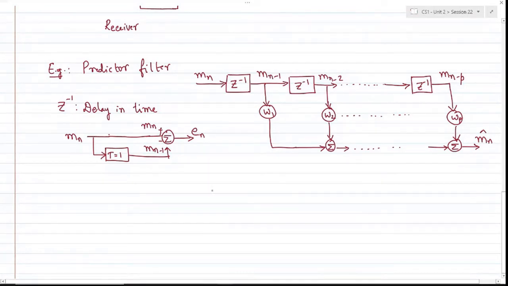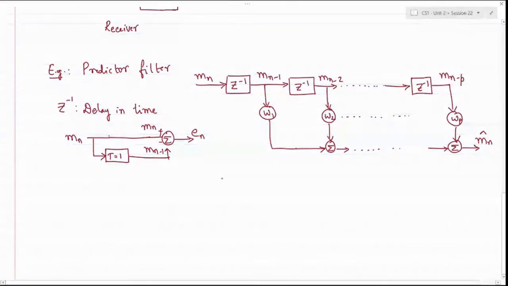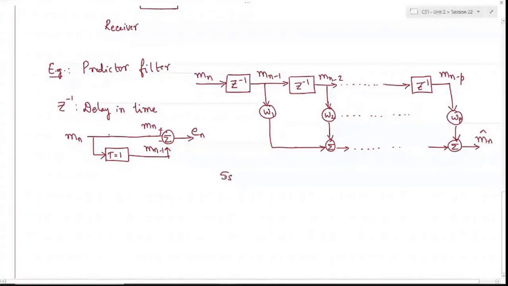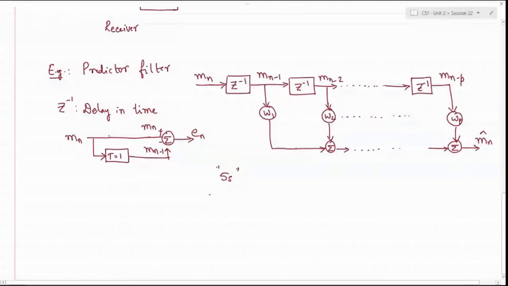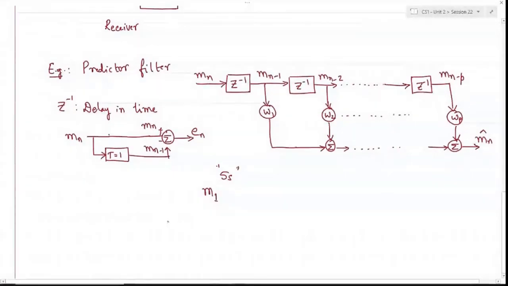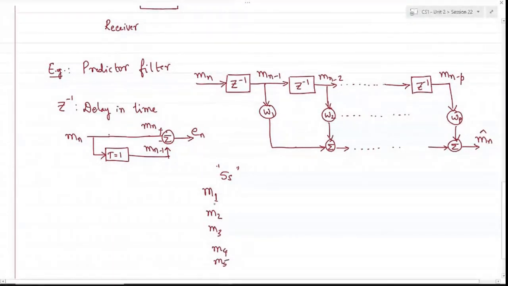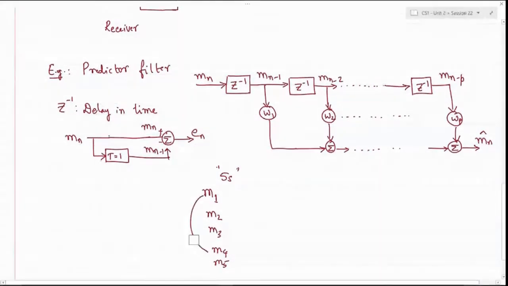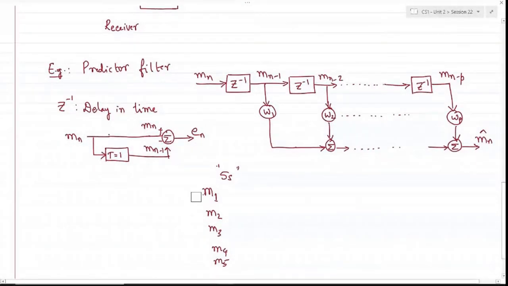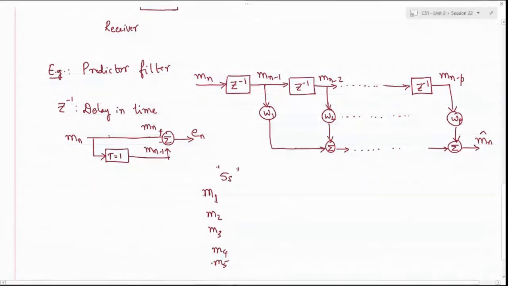Say there is a 5 seconds duration in the prediction of a sample. I'll take one sample at the first unit of time, and I'll consider all the samples in this process, say m3, m4 up to m5, and I'll try to find the relation of m1 with respect to all these samples. Or in other words, I'll take the current sample to be m5.